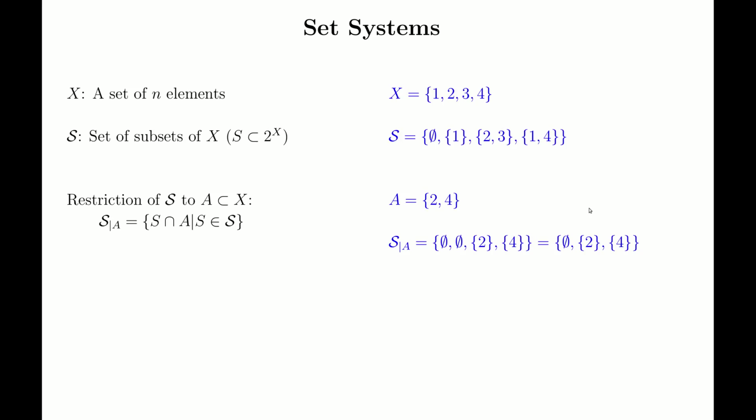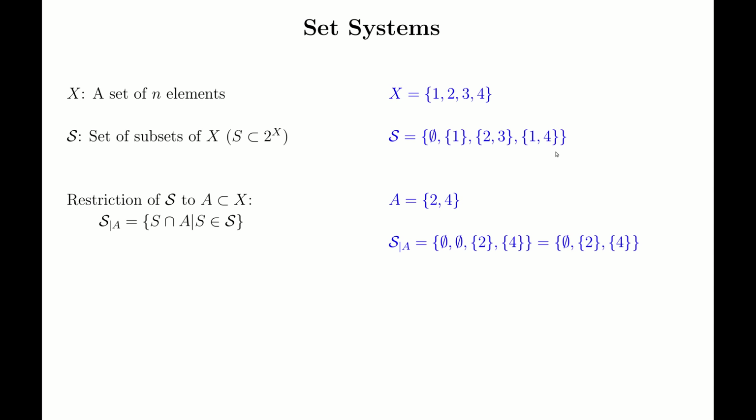In this lecture, we'll introduce the concept of a set system. A set system is made by a pair. First, you have a set of n elements that is known as the ground set. And then you have a set of subsets of this ground set. For example, if the ground set is 1, 2, 3, and 4, the set of subsets could include the following